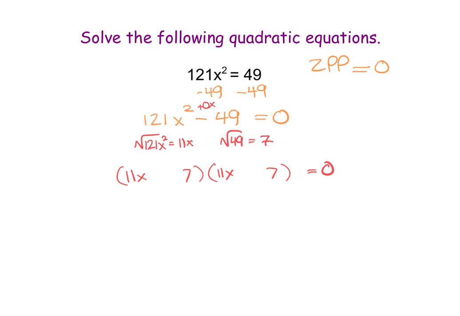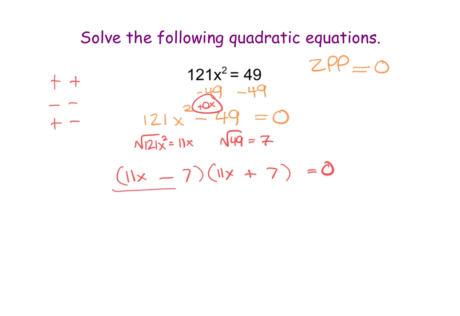Now the biggest and most important part here is I have to decide, is this 2 plus signs, 2 subtractions, or 1 of each? And in this case, because I have a plus 0x in the middle here, I have 1 of each. So now I've set this up using factoring, and the only thing I have left to do now,